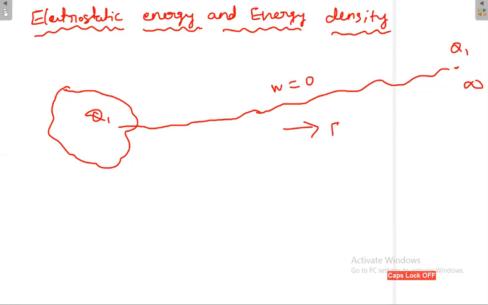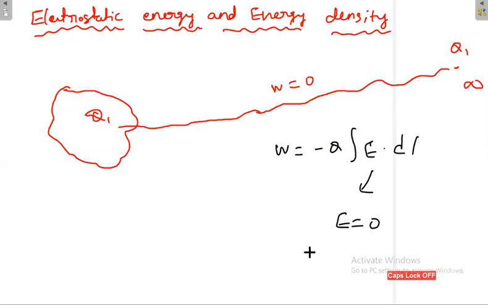Here there is no electric field. In the beginning, definitely there is no electric field. If at all an electric field is there, you have to work against it. But the electric field is not there, so the energy spent by you is 0, because the formula is minus q integral E dot dl. When initially you are going, the electric field is 0, nobody is there, so how much work do you have to do? Only 0 work.